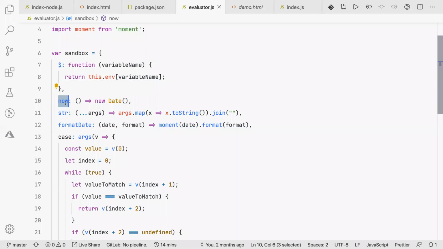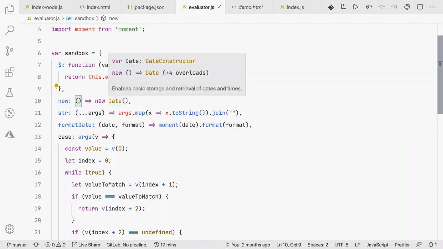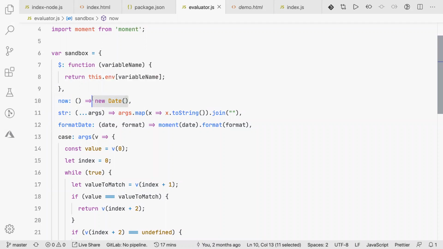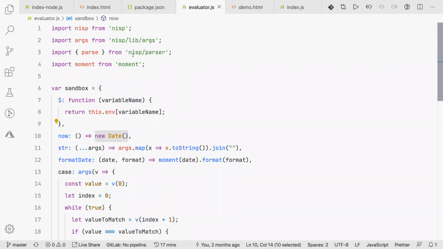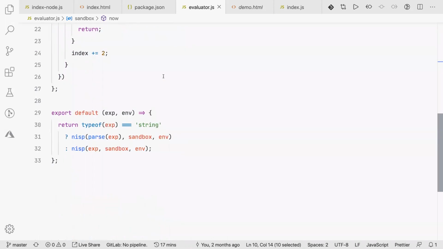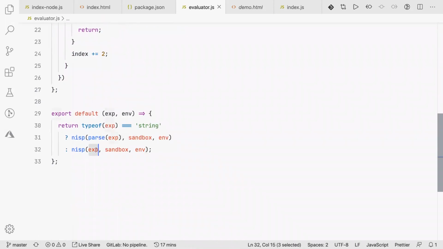Here, for num, I'm defining a no argument function. When it gets executed, I'm using the JavaScript hooks. This NISP library enables us to do this. NISP is the Lisp parser. For this Lisp parser, we need to give 3 things.